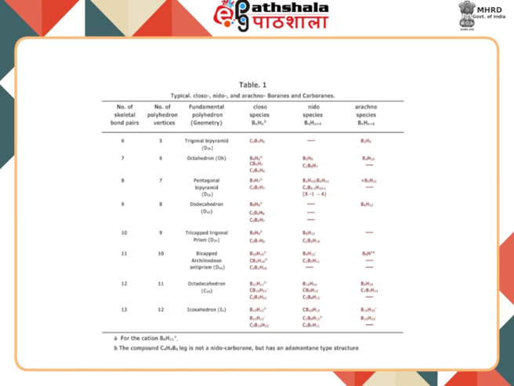Similarly, with skeletal bonded pairs 8 and the number of polyhedron vertices 7, the geometry is pentagonal bipyramidal. The example in case of closo is B7H7 2- and carboranes such as C3B5H7. The nidoboranes under this geometry are